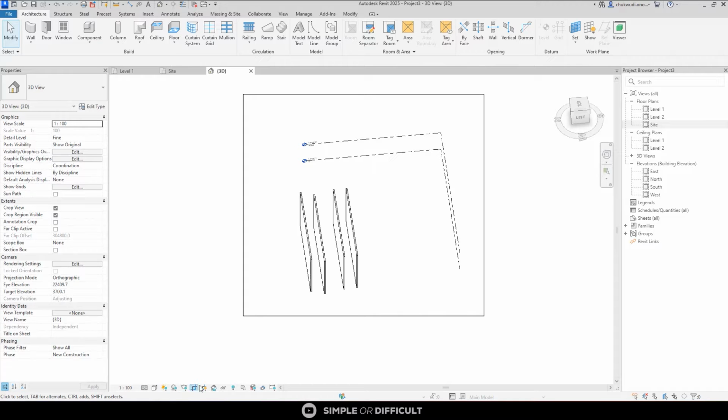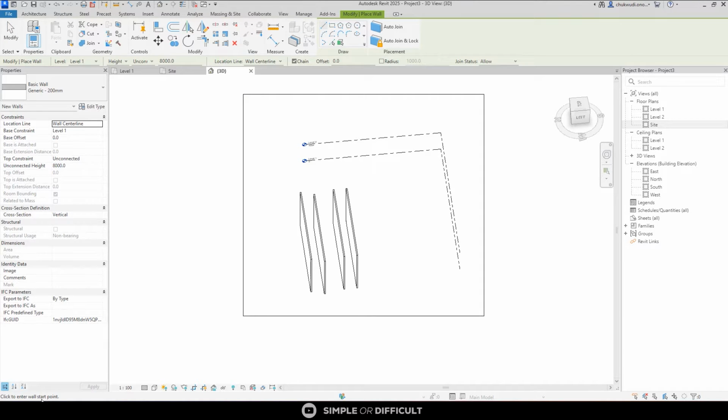Now under the view control bar, we have the status bar. The status bar houses three things for you. All right, so the first part, on the right hand part, gives you information of what to do next. Now when I want to draw a wall, I click on wall. It tells me click to enter wall start point, and I click. Now it is telling me to enter wall endpoints,